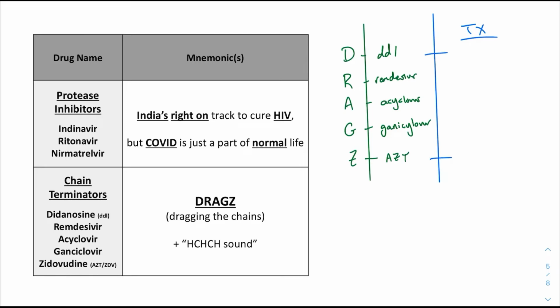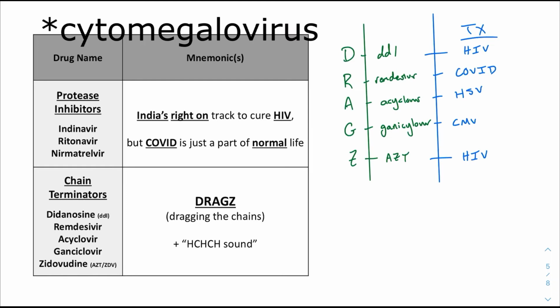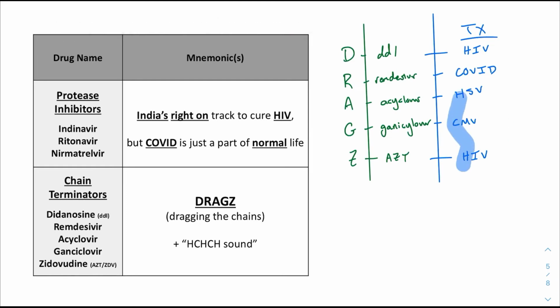So ddI and AZT from last semester are both used to treat HIV. Remdesivir is, of course, COVID. Acyclovir is used to treat herpes simplex virus, and ganciclovir is used to treat CMV, which is cytomegalovirus. And what I realized is that if you actually look at the first letters of each of these, you get